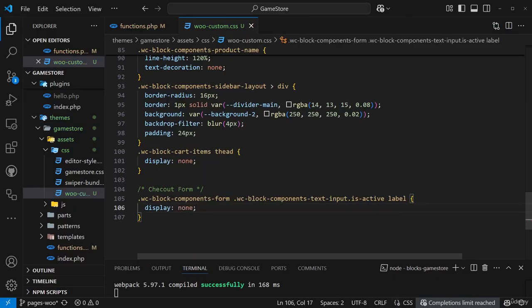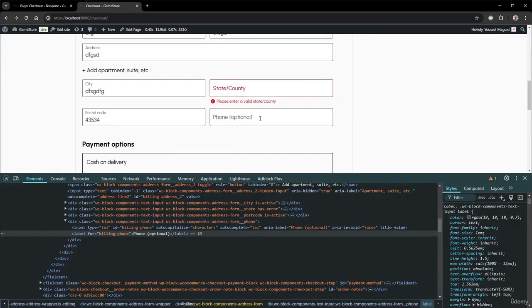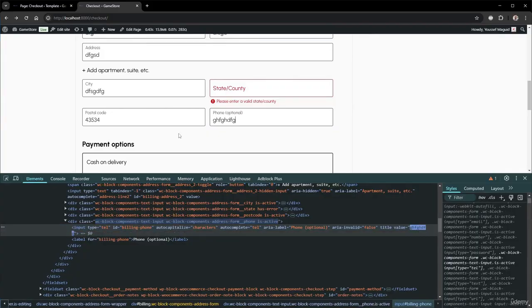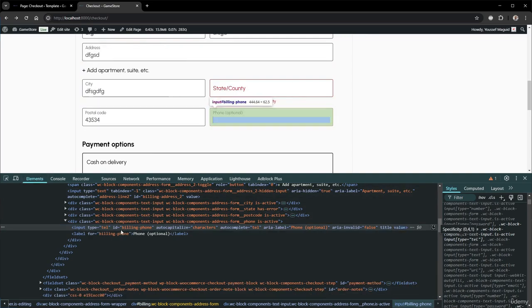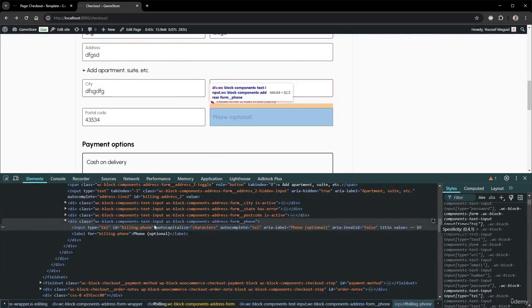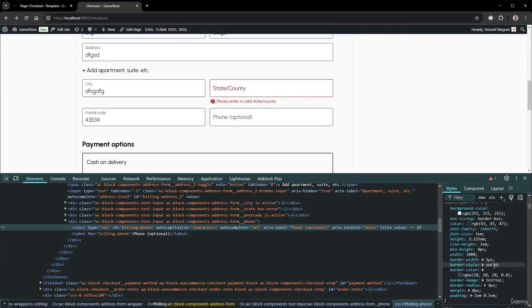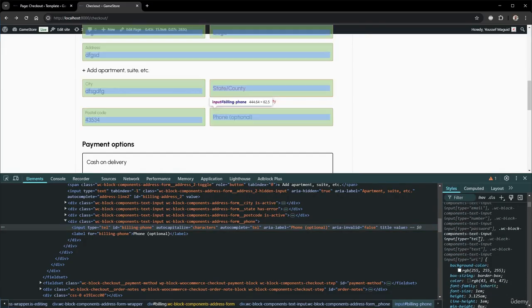And I remove the label in the case when we have active, that is when the field is filled with something. If the field is not filled, the label is displayed in the center. Next, this input when we have something filled in, because it has more padding on top. Whereas if it's empty, the padding we have somewhere. Let's find it. Here is this padding. Then by default,